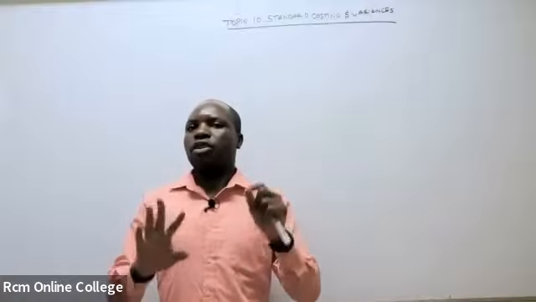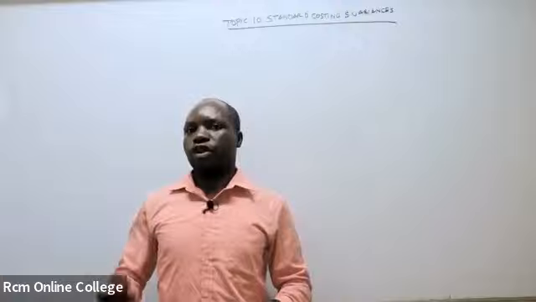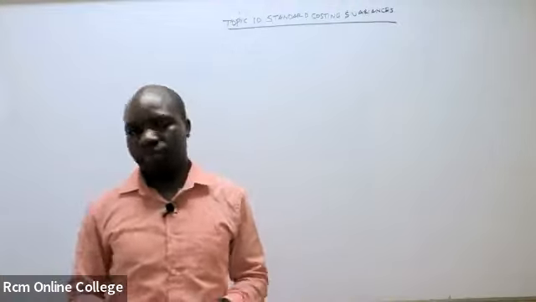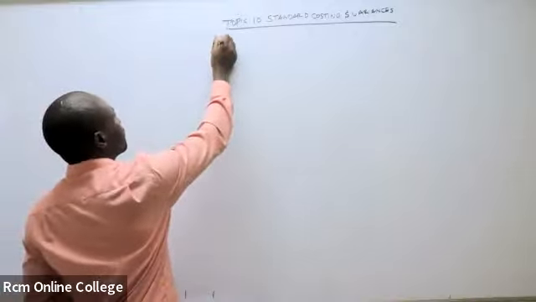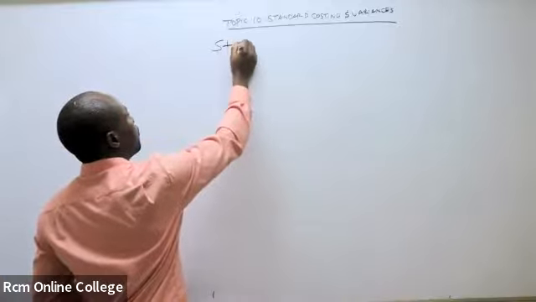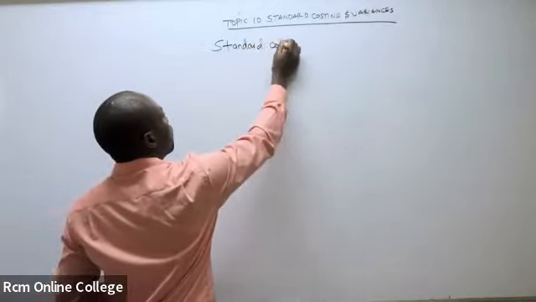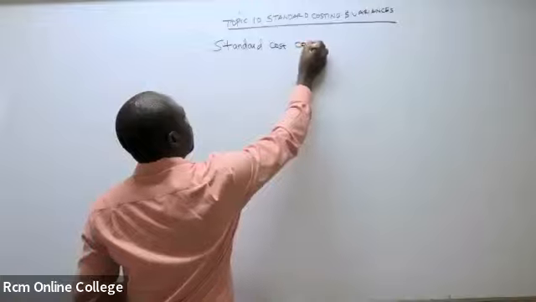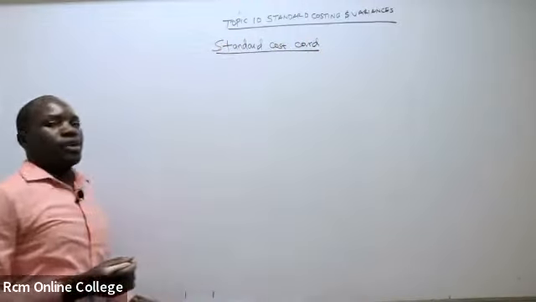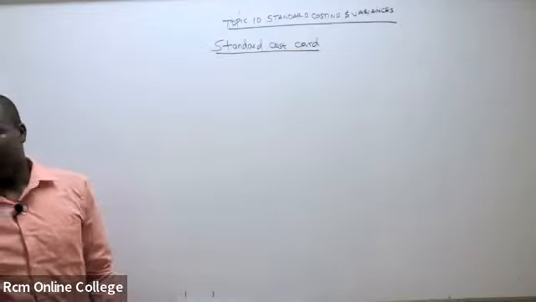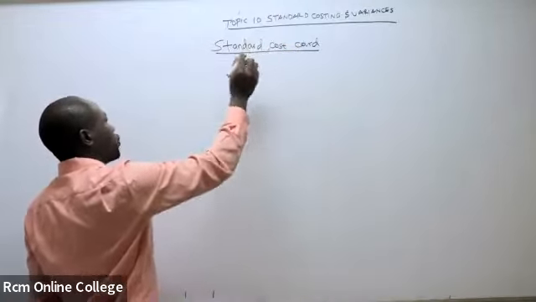Now, what are the components of standard cost? That's what I want us to understand before we get to variances. So the standard cost card, we are having estimates. So the first item you're going to have in the standard cost card, remember it is a cost card, right? So we're talking about